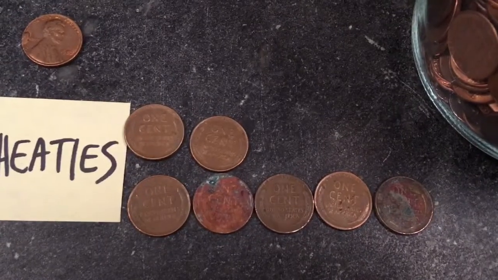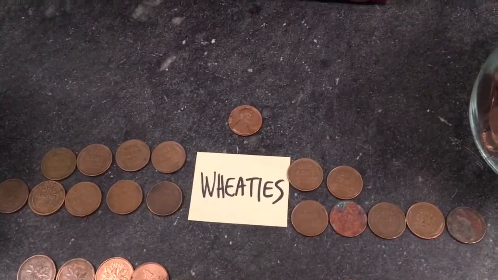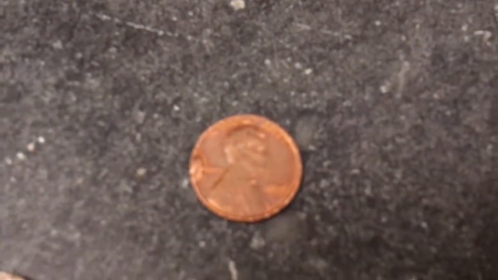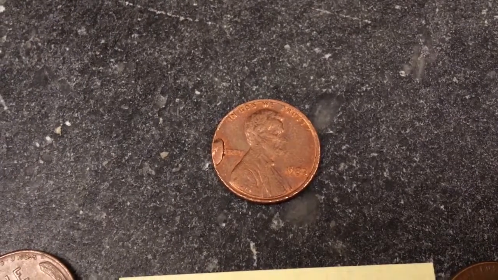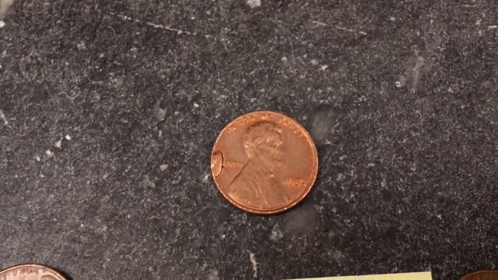So that's pretty good. Then Wheaties were 9-7, so 16 for the box. That matches our first go round. Not as many as our second go round. We also got what I believe is some kind of die break or cud from a 1982 that blots out the Liberty. And I don't have a way of telling if this is a pure copper 82 or a mix one 82, but